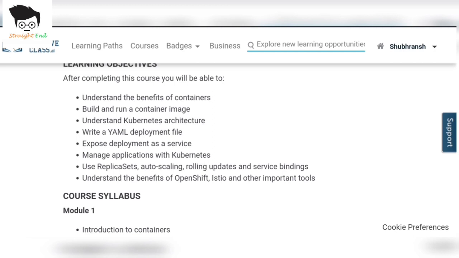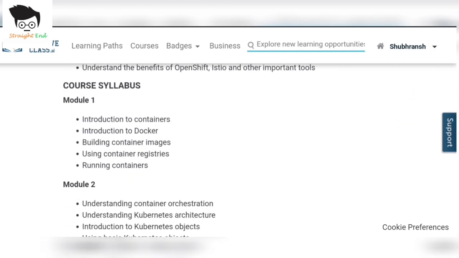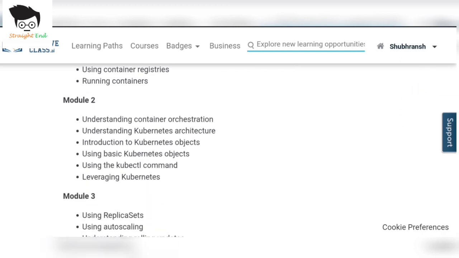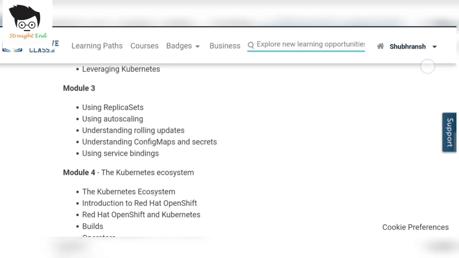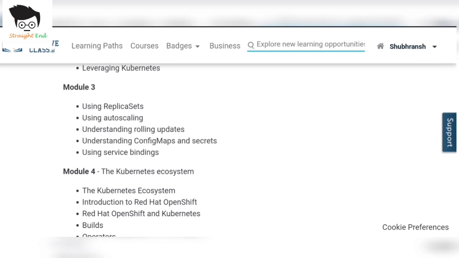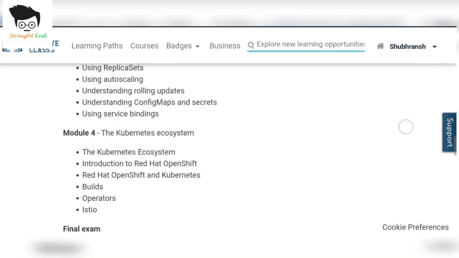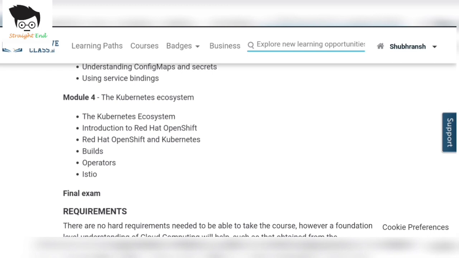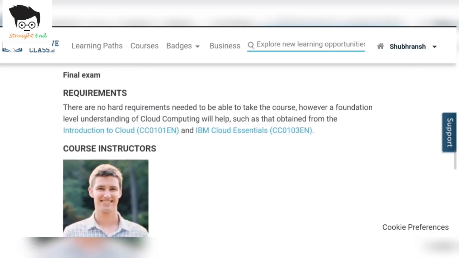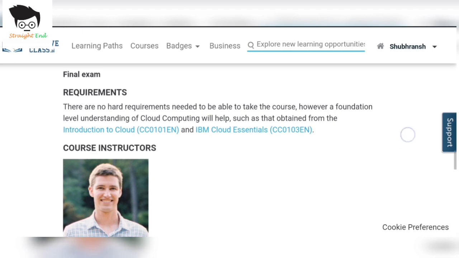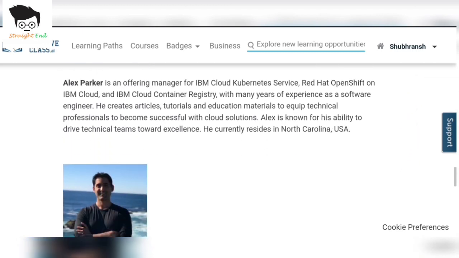Here you can also see the course syllabus having module 1, module 2, module 3 and module 4. To get the certificate in this course you need to score above 80%. He is our course instructor, Alex Parker.